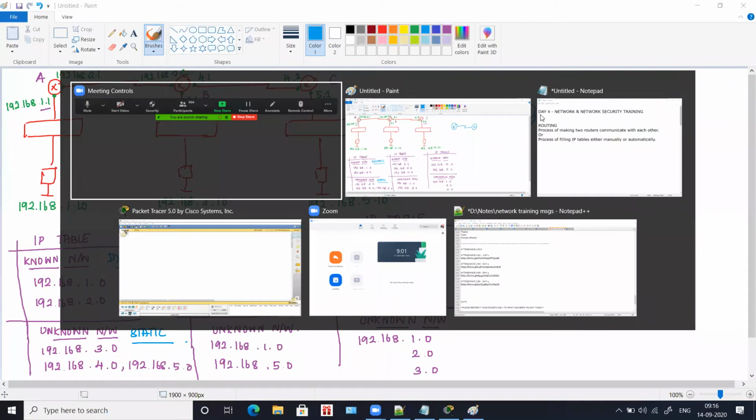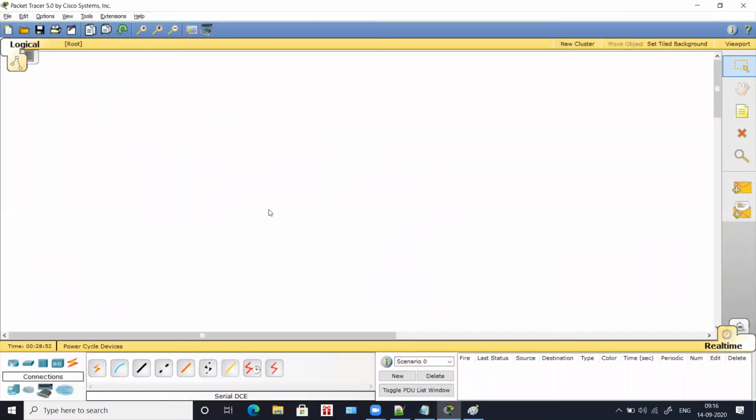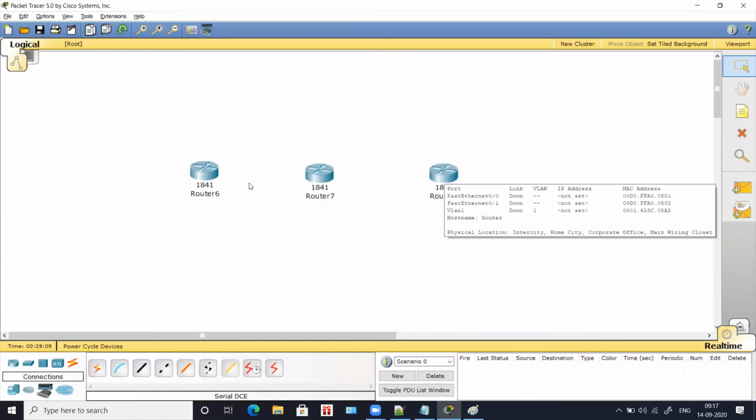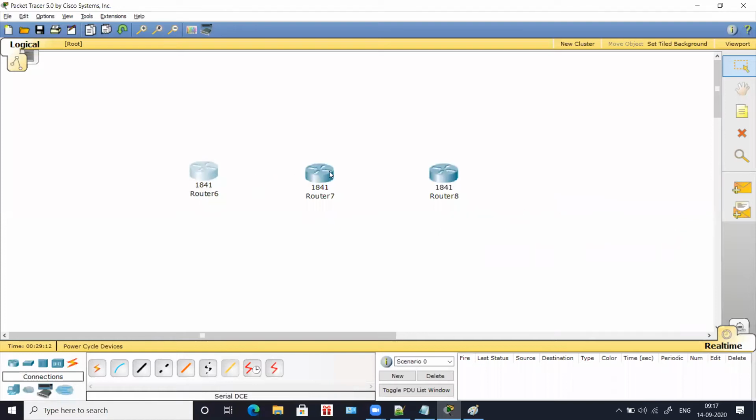First in Packet Tracer, I will show you how you can use 3 routers and connect them with serial interface. So in your Packet Tracer, you're going to take 3 routers, and when you try connecting a router with another router, you will go for the cable called serial DCE. You'll pick this cable, and you'll click it here.